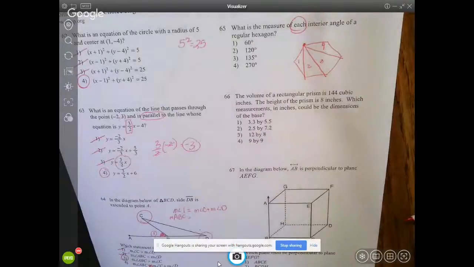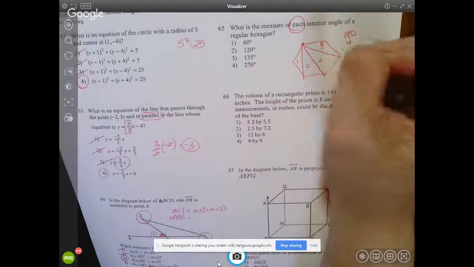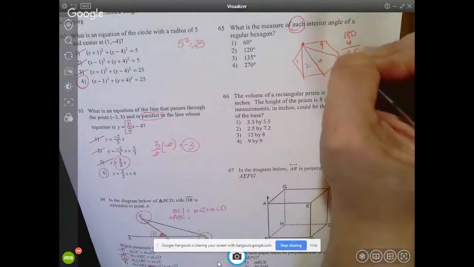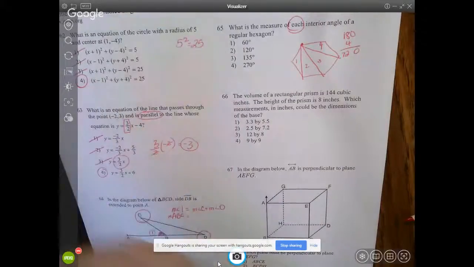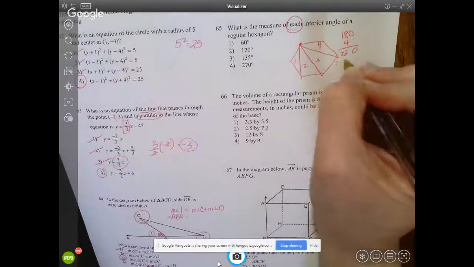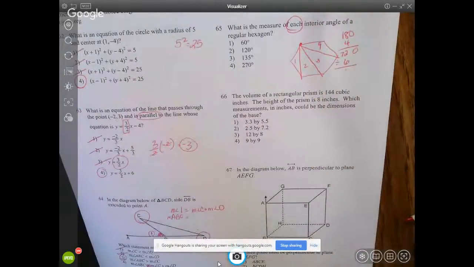How many degrees are in one triangle? 180. So if we do 180 times 4, we know that the entire hexagon has 720 degrees. How many sides are in a hexagon? 6. So when we divide that by 6,